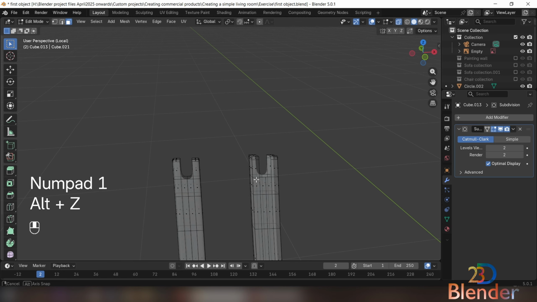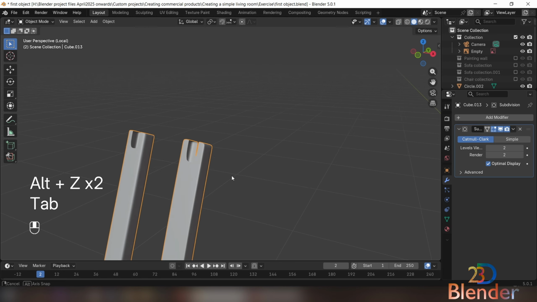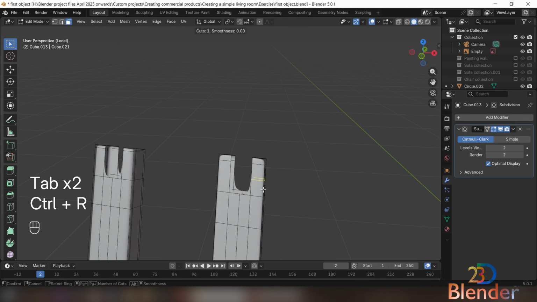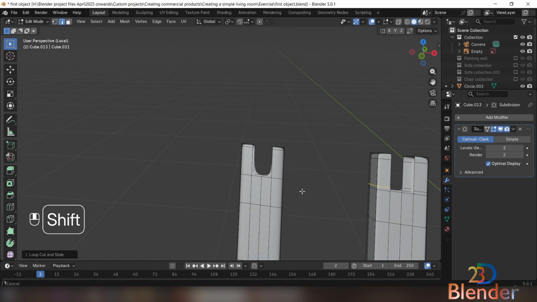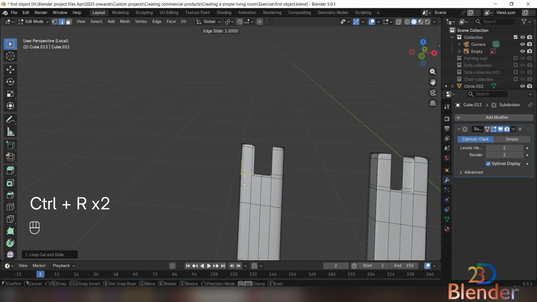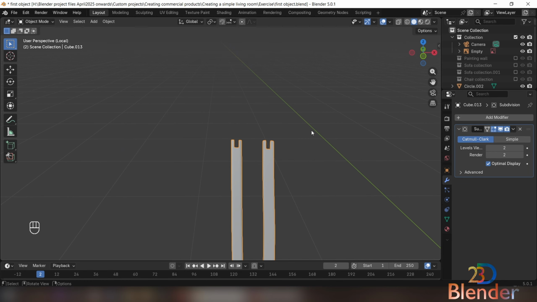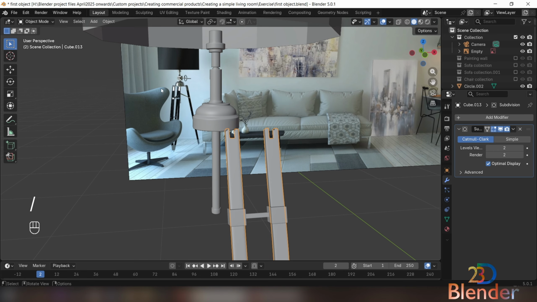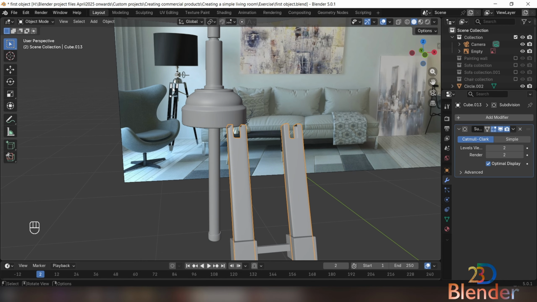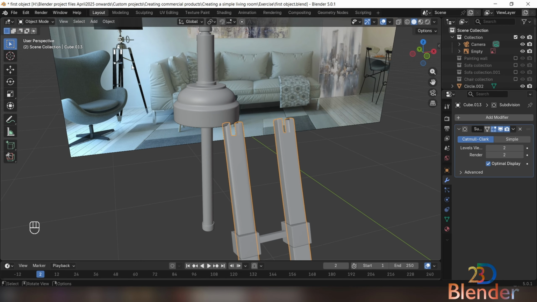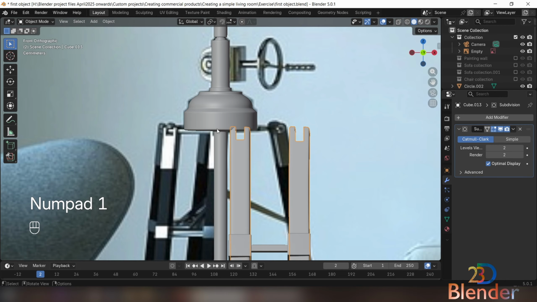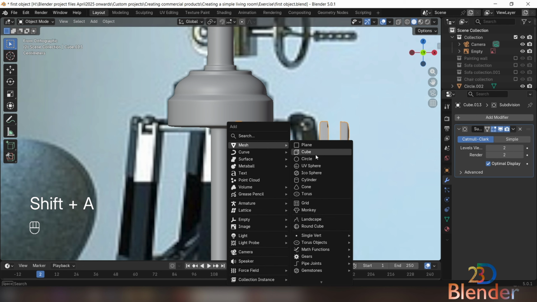and add edges at here so that we can tighten this up. And we will just de-isolate it. We will add one, what is it? Let's see. Yeah, let's place our 3D cursor here, and we will just create a simple pipe or